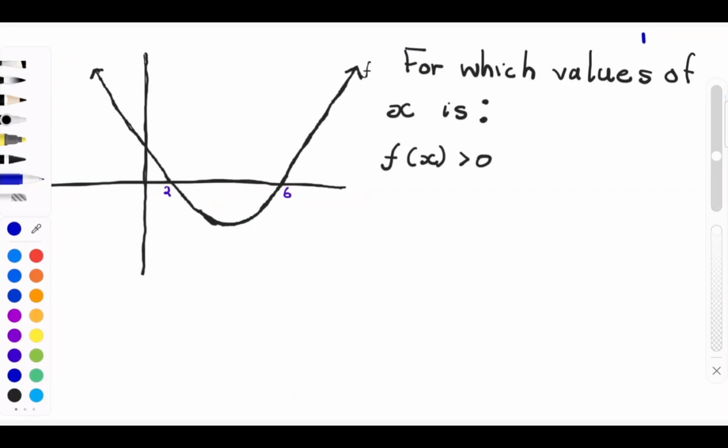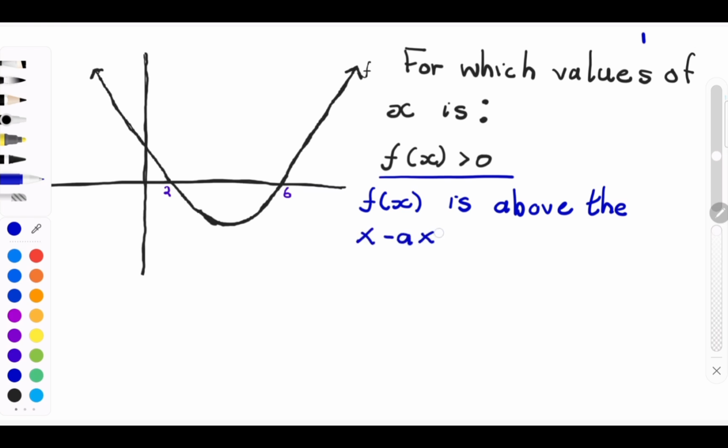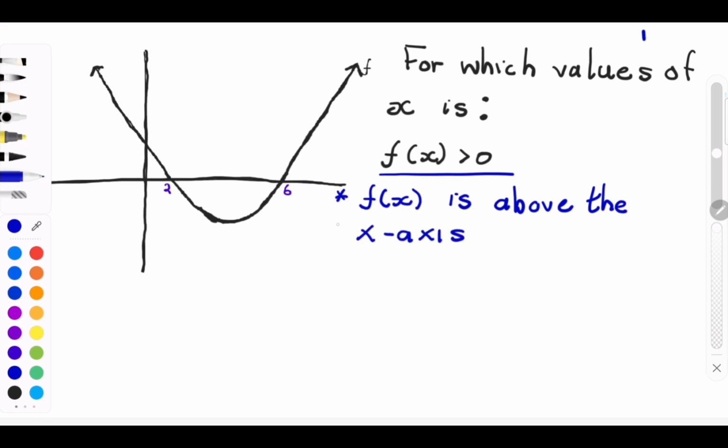For which values of x is f of x greater than 0? So f of x is this function right here. So we want f of x greater than 0. This means that f of x is above the x-axis. This also means that f of x is positive,